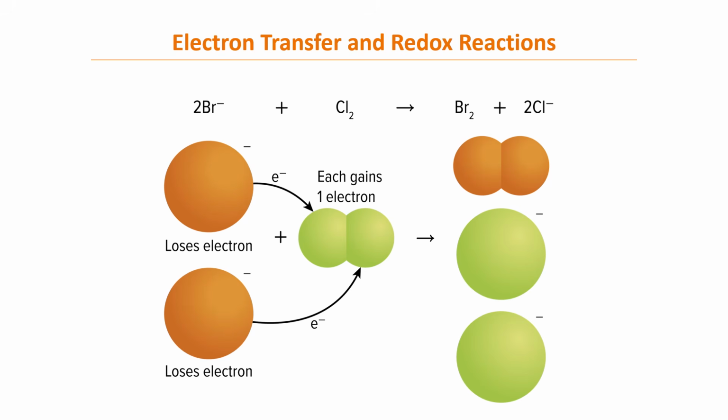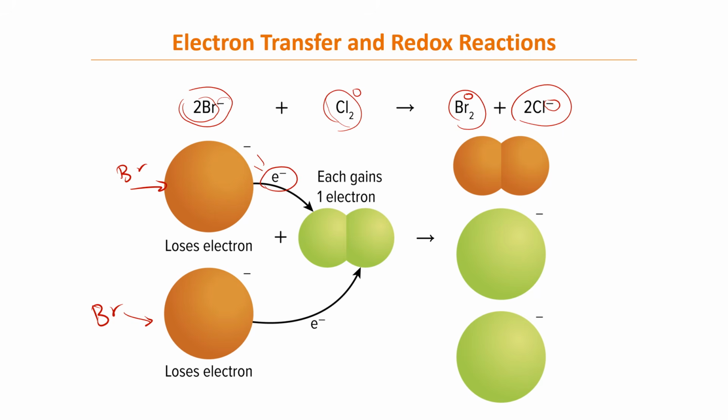Continue. This is another example showing a redox reaction where you have 2Br- plus Cl2 gives us Br2 and 2Cl-. So look at the charge of Br here, it's negative, right? Now the charge here is 0, so it means it lost an electron, okay? And Cl2 here, the charge was 0, and here it's Cl-, so it gained an electron. So two atoms of Br, so this is Br and this is Br, see? Each one will lose an electron. This is the symbol of an electron. And each atom of Cl is going to gain an electron.